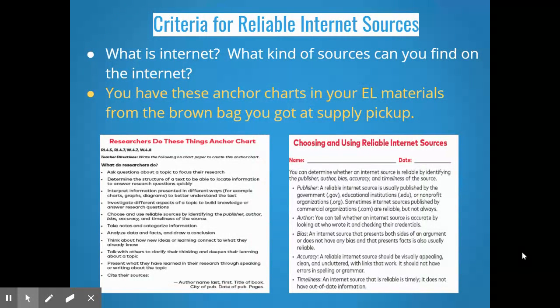So what do these say? Researchers ask questions about a topic. They determine the structure of the text. They read all the information, picture, the things under pictures, the graphs, the text, all of it. They investigate different aspects of the topic to build knowledge. They choose and use reliable sources. Those reliable sources have a publisher and author,